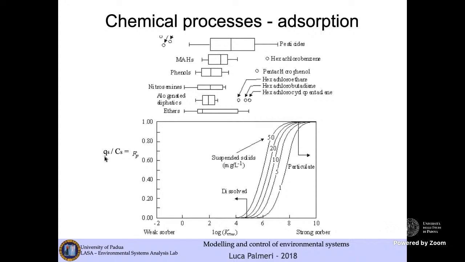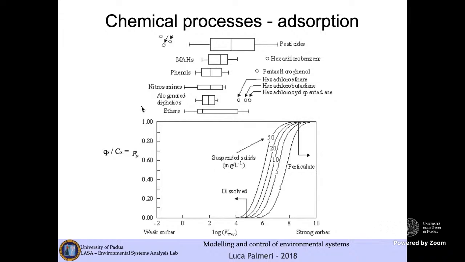So you may employ this variable Qs, the concentration in the solid phase divided by the concentration in the liquid phase. We call this quantity the polar fraction of a substance, Fp, and this polar fraction may be plotted against log KOW,